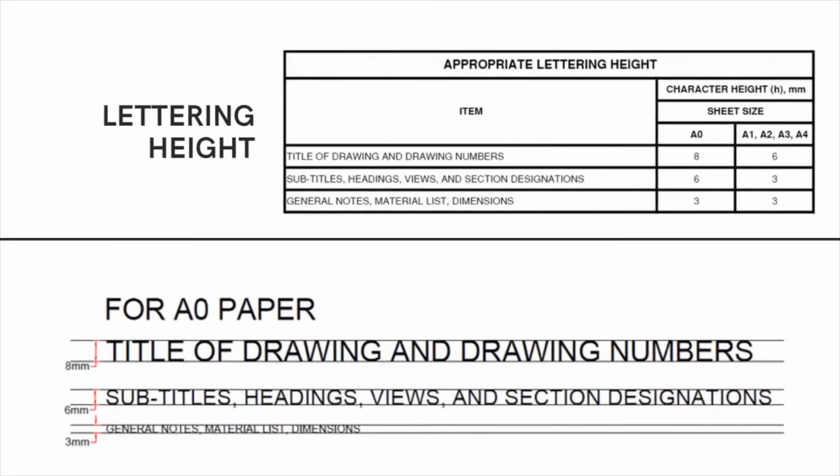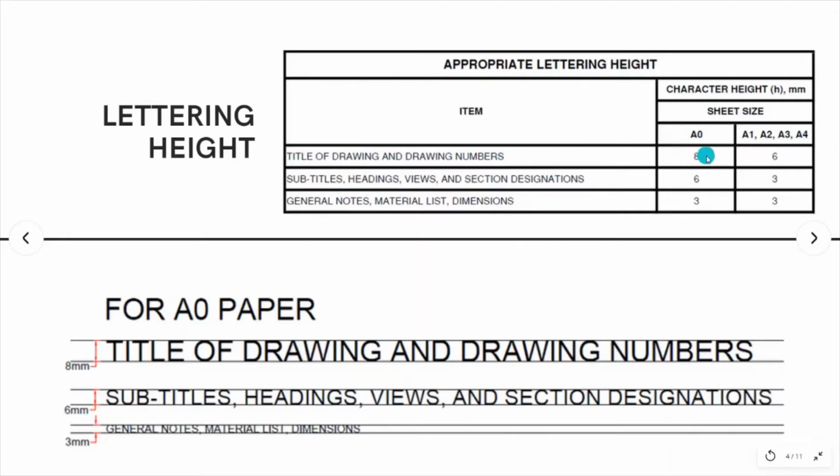Okay, so here are our lettering heights. So each type of detail or item nga nasa atong table, naa poy proper lettering height. Atong gigamit kay metric man, so millimeters ang atong height sa atong mga lettering. So we have a sheet size of A0 and A1, A2, A3, A4 which are smaller sizes. So for title of drawings and drawing numbers,